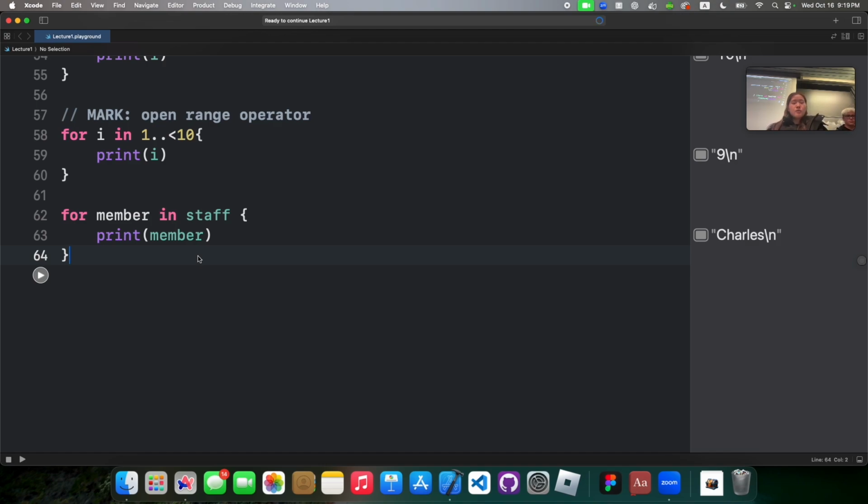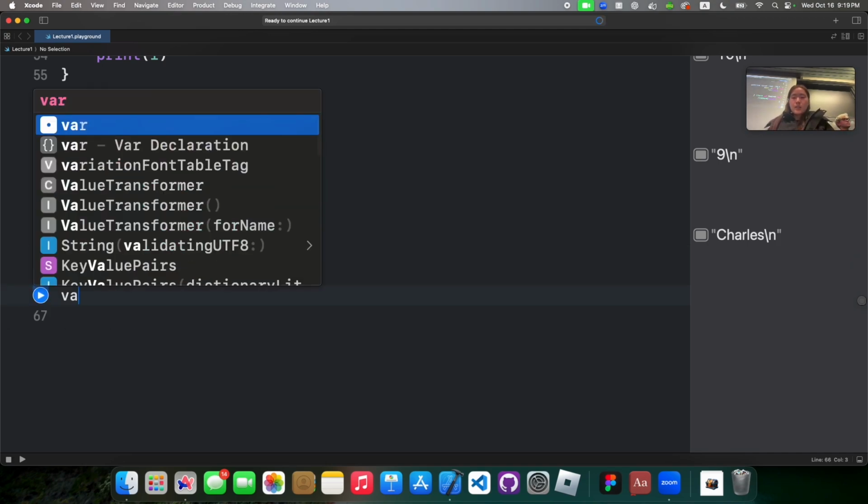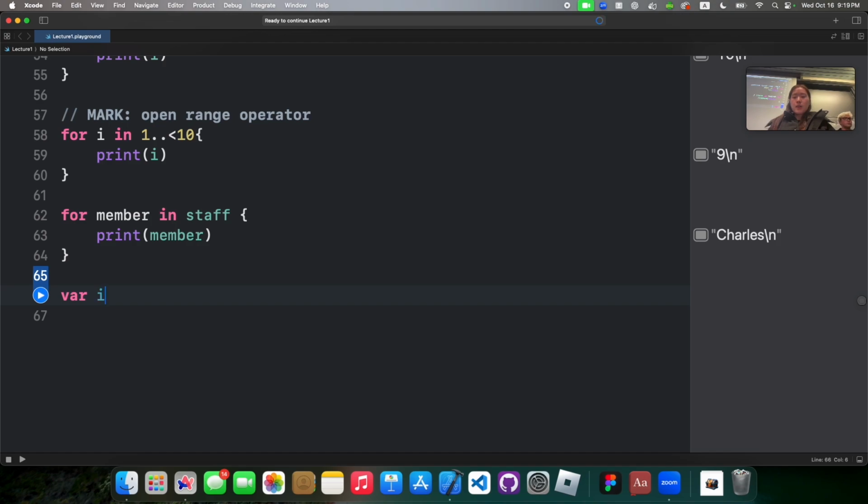So this would basically iterate through every single member and print it out. And then the last type of loop that we can talk about is the while loop that you might have seen in other classes. Suppose we had our loop variable i. We make it a variable using var, not a constant using let, because i is going to take on multiple different values over the course of a loop. So let's suppose i starts out as 1, and then when do we want to stop? Let's go 5 times. We're going to loop 5 times. So let n be 5. And so while i is less than or equal to 5,